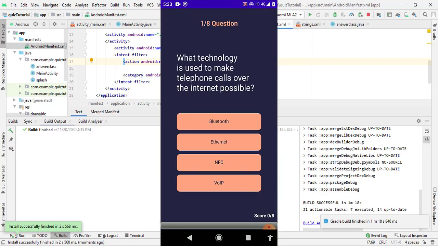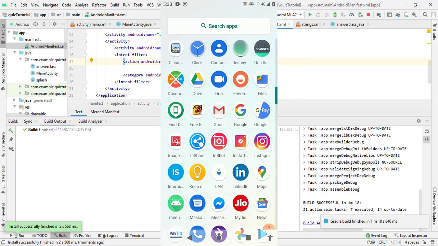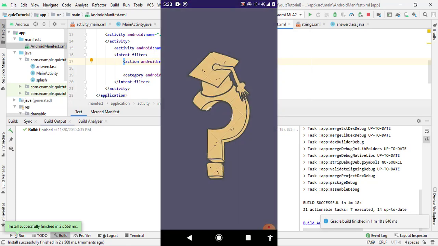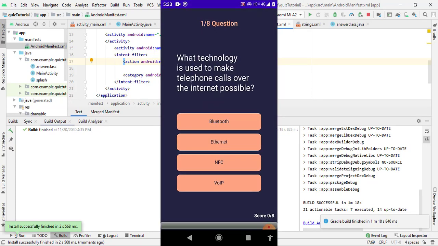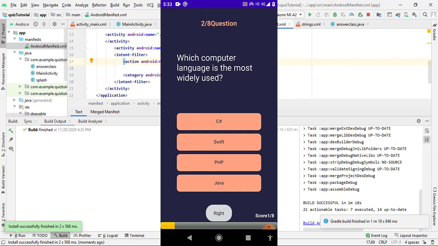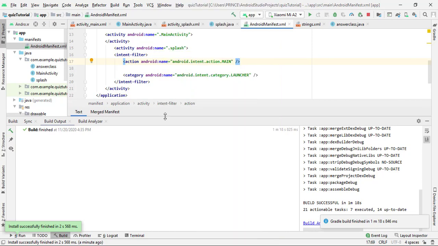So I open it, and first I have to clear it from recent. Now I again click on it. You can see the splash screen appears and works successfully, and now I am displaying the first question and the progress bar. Now I select Y as our internet protocol, and you can see the score incremented successfully and it worked fine. So I come to the last question, and after clicking on the last question, our dialog box does not appear. So let's see what is the possible problem why our dialog box is not appearing.